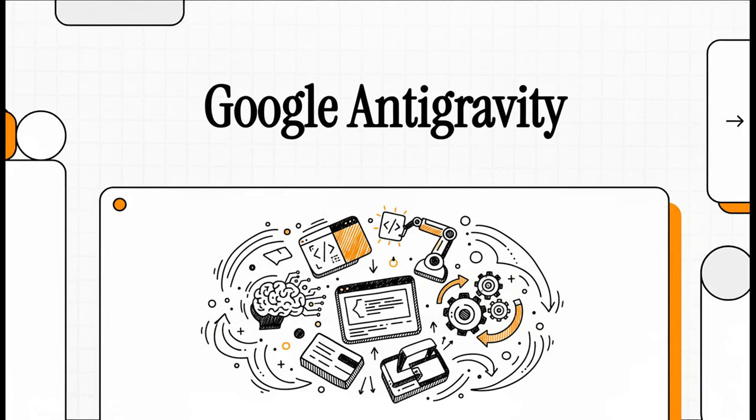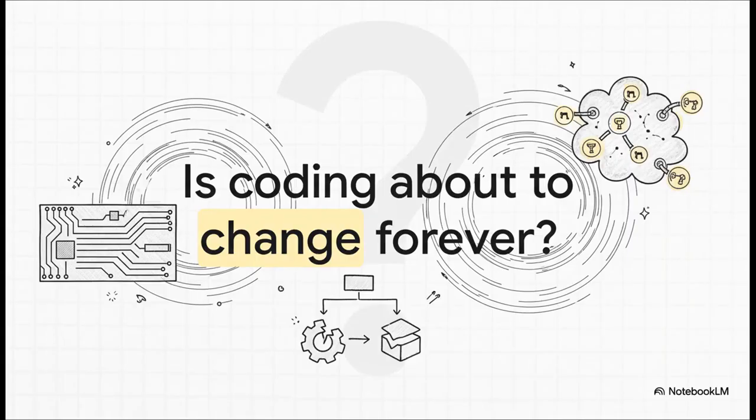All right, let's jump right in. Today, we're looking at a tool with a seriously bold name that just might live up to the hype. Google Antigravity. And get this, it's being pitched not as just another coding assistant, but as your own personal, autonomous AI development team. And that, of course, brings up a massive question, one that's really at the heart of what we're talking about today. Is the very act of writing software as we know it about to be turned completely on its head? Let's find out.